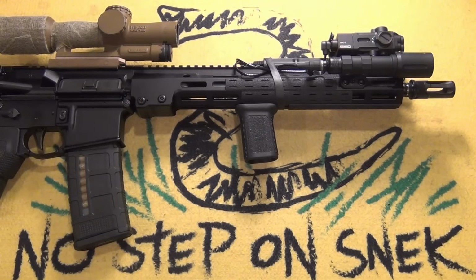This rifle I bought complete, and it was very spendy at the time. But I've watched these go from 16 to 18 to 2 grand. I think they fluctuate between 2 and 22, and based on what you put on it, what options, all that other stuff, like as far as color and so on and so forth. But what I will say about the price is once you get this rifle,